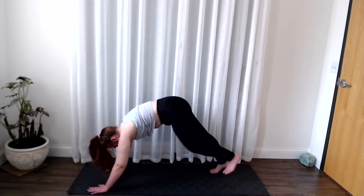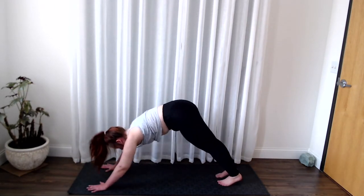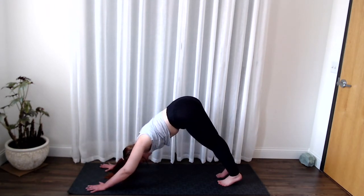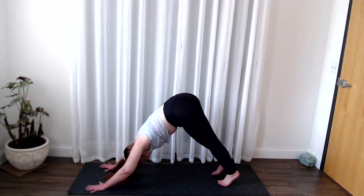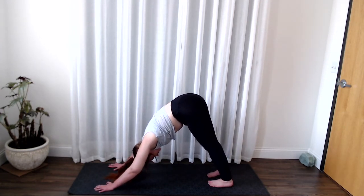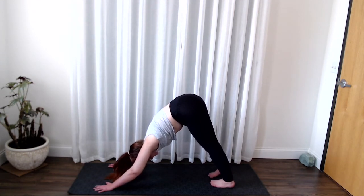Send the left foot back. Maybe completing another chaturanga, or you can just stay in downward dog. You can hold in plank. We'll all meet in downward dog here. Take a breath and